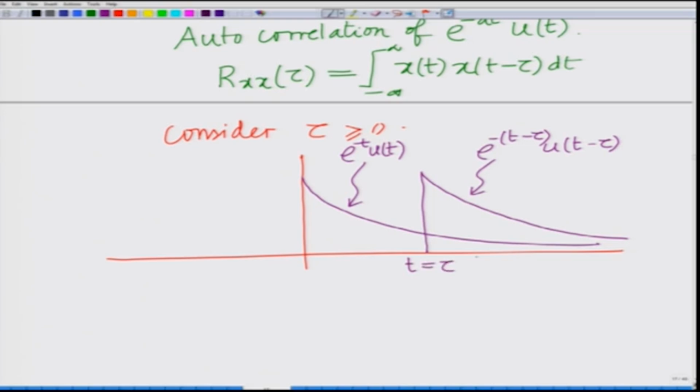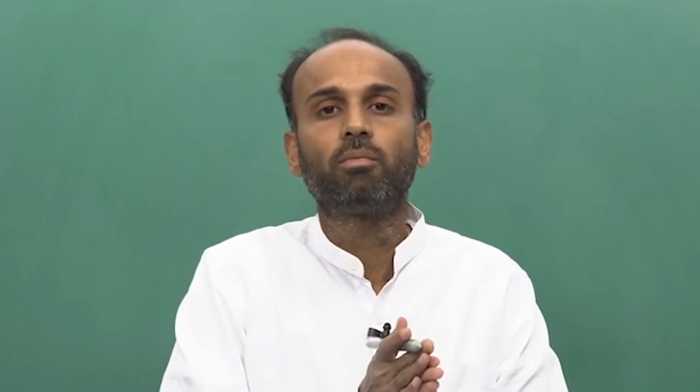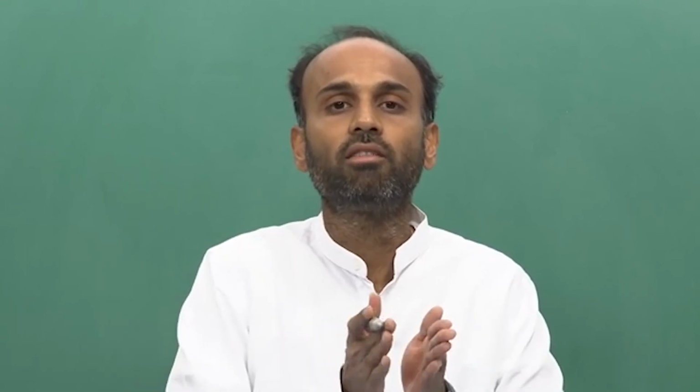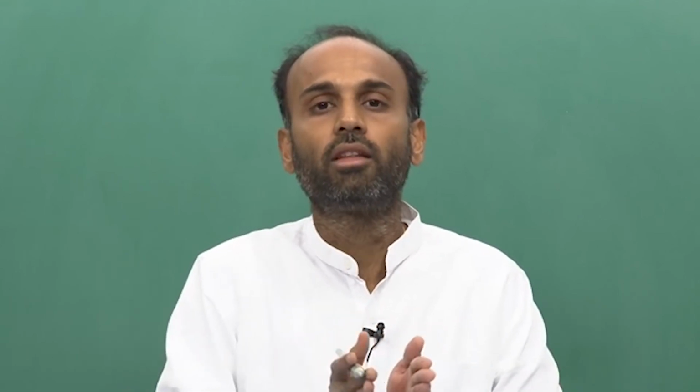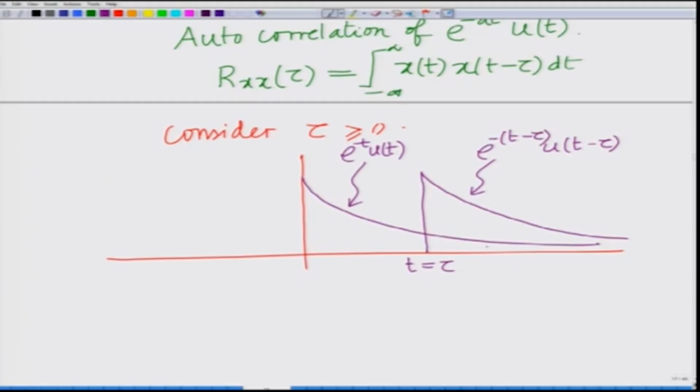Remember, x(t minus tau) is nothing but x(t) shifted or delayed by tau if tau is greater than or equal to 0, which means the signal is shifted to the right. So I have the signal x(t), which is e to the power of minus a t u(t), and the shifted or delayed version, which is e to the power of minus a (t minus tau) u(t minus tau). Now, R_xx of tau